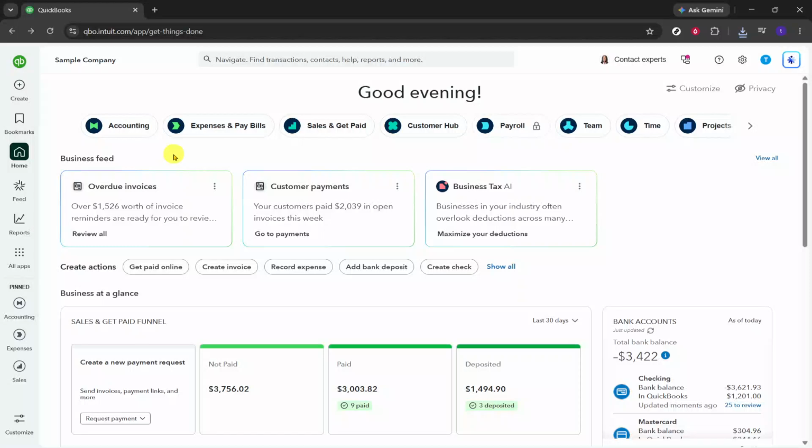Hello, today we will guide you through how to delete a payment in QuickBooks Online. To begin, open QuickBooks Online and make sure you're on the main homepage. This process is done from the customer area, where you can view a customer's transaction history and remove a payment